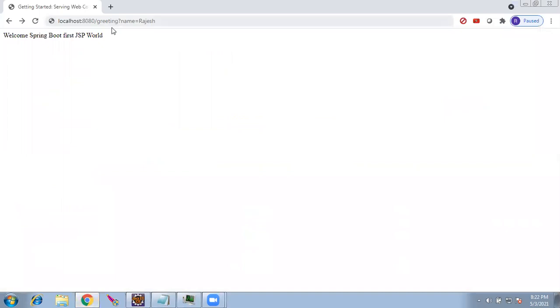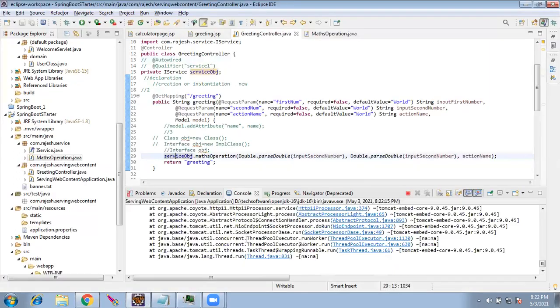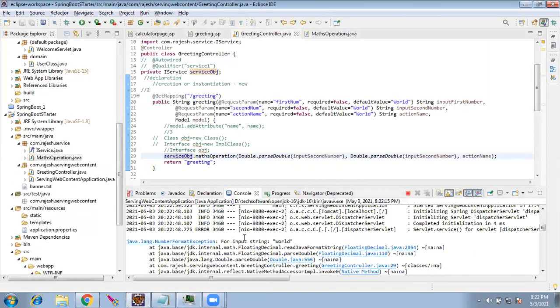So now I can just call the greeting. Later we'll pass the parameter. Okay, there is some error. Great. Input for input string world. Okay, default should not be world. I'll remove the default value, or I'll give default as 1.1.